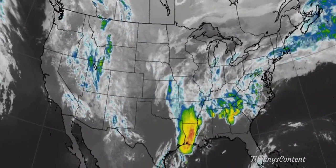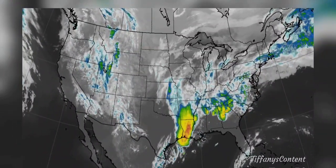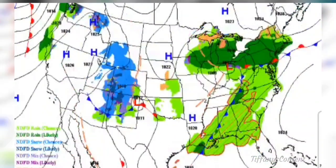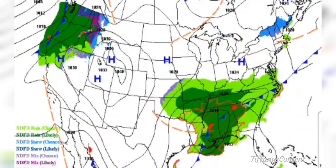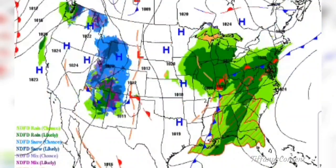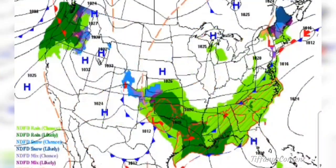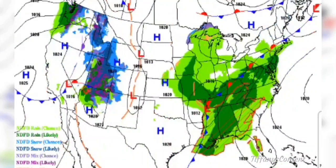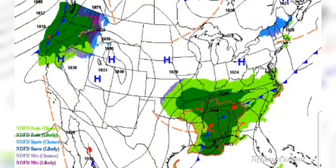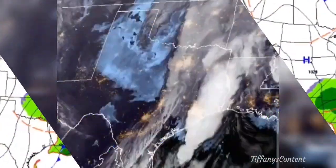All that lightning and thunderstorms is coming right in through Louisiana and definitely taking a toll, going right through Mississippi, Alabama, even Georgia is feeling this, going up into Tennessee and the Mississippi Valley. So this is a huge storm that's happening right now. And out of that west coast, you still have all that mixed precipitation, that snow, all of that ice coming through. And of course, this rain meeting up with the system in the Gulf is taking a toll up the northeast coast. So everything is working together, trying to thaw things out, but causing a lot of